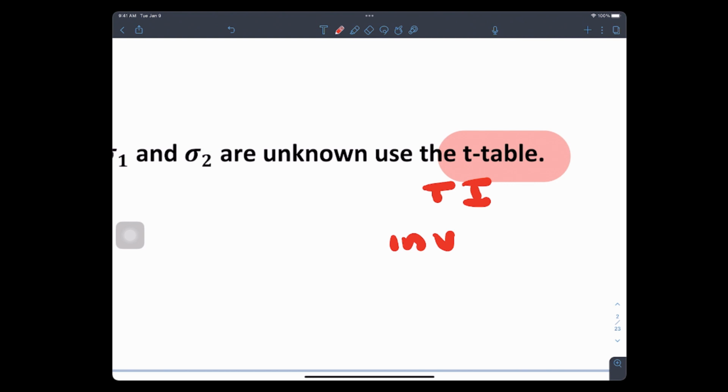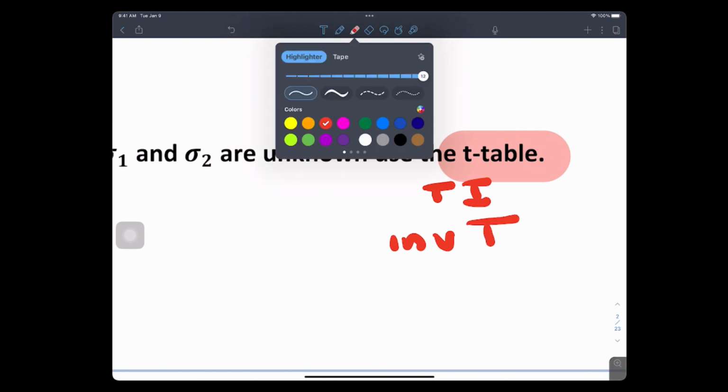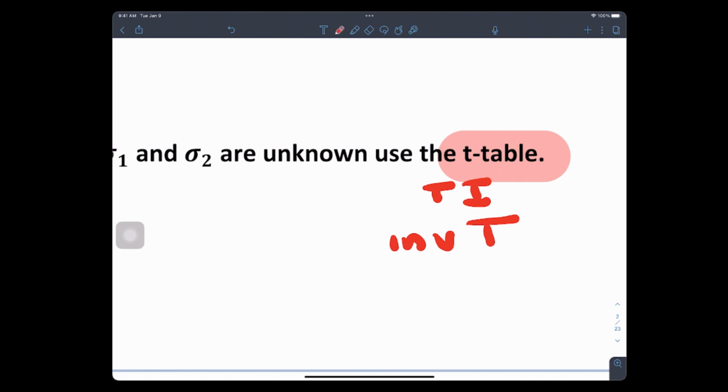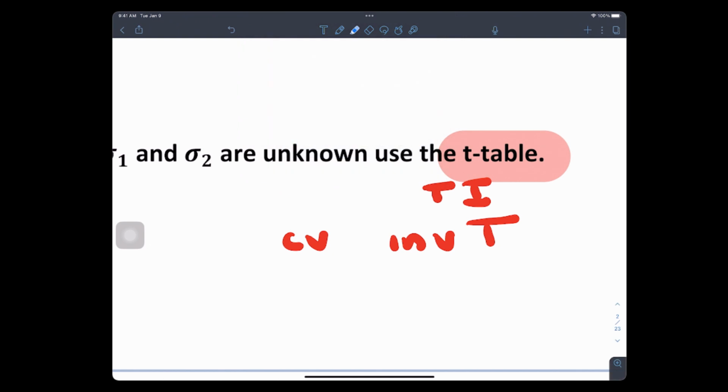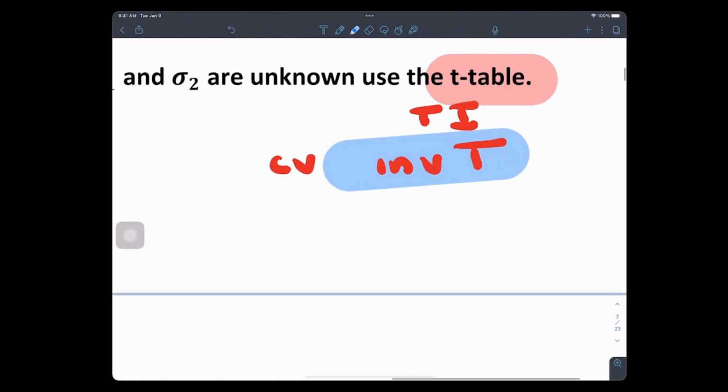Be careful. Is it inverse norm? What do you guys think? Be very careful. Inverse norm? Nope. Did you guys ever do hypothesis testing on a small sample? Yeah. For a mean, what do we use? Inverse what? T. So for your critical values, ladies and gentlemen, you've got to use inverse T. And if you're using inverse T,